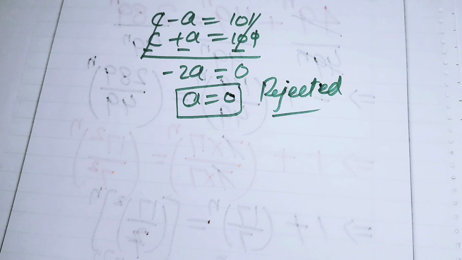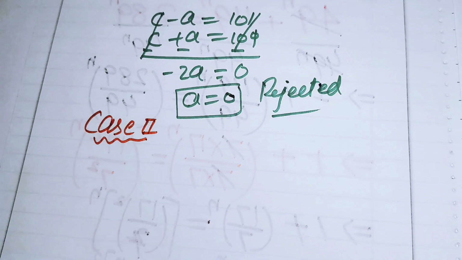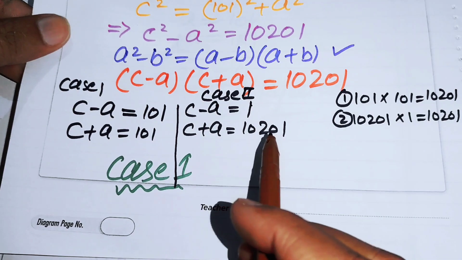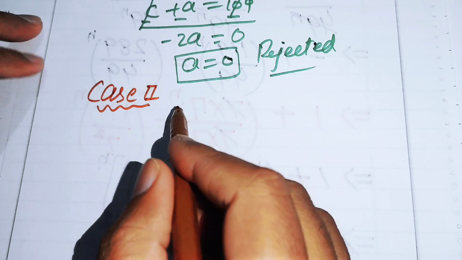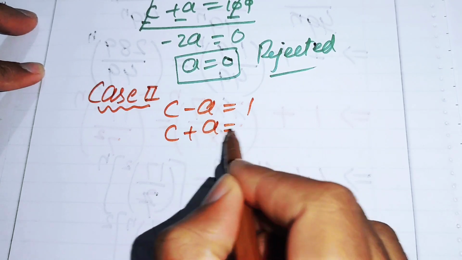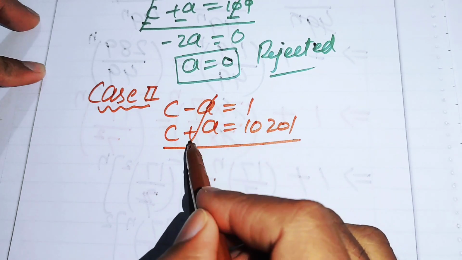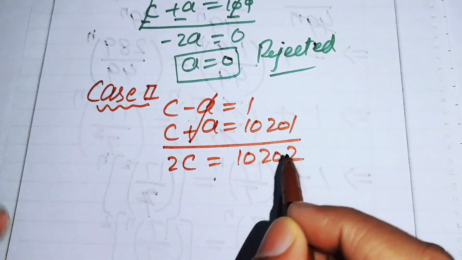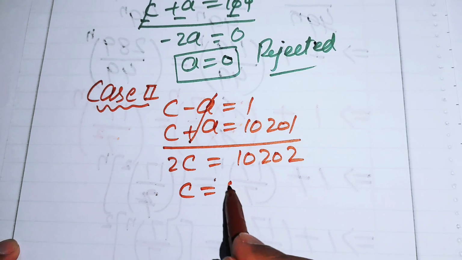So in case number 2, we have c minus a equals 1 and c plus a equals 10,201. We solve these two equations and find the values of a, b and c. When you add these two equations, the a terms are gone and you get 2c equals 10,202, and when we move the 2 to the right hand side,